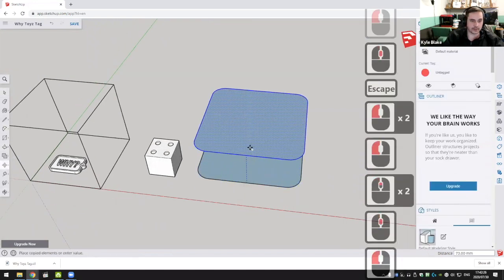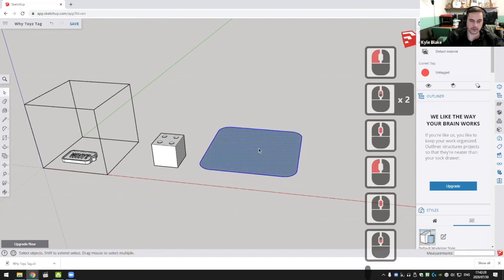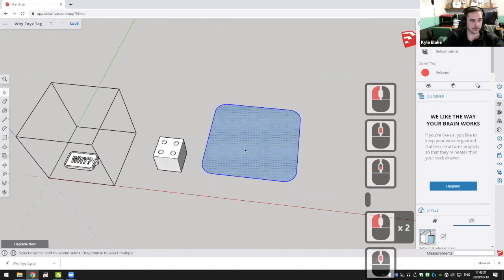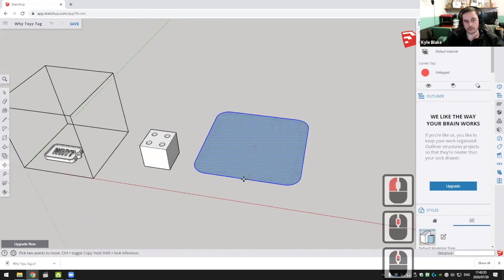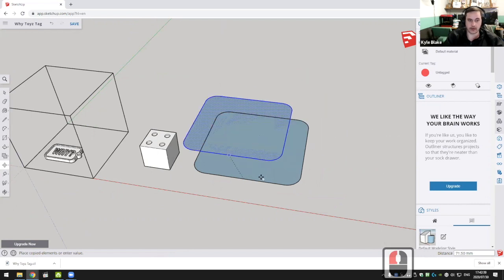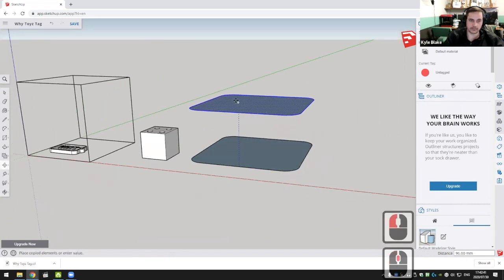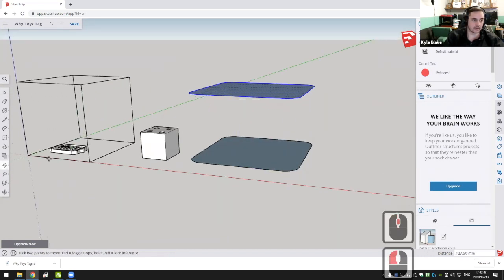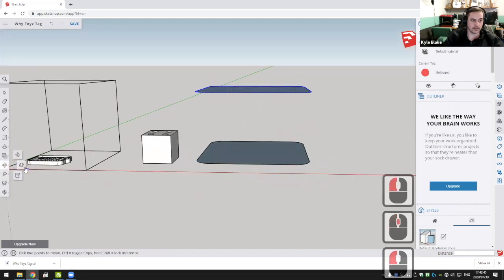And then you can copy this face up. So to copy, you would select or triple click the face that you've created. Use the move tool. When it starts moving, if you press Control once, it will make a copy automatically. So we can move this up. So that's when it snaps on the blue plane. We're going to rotate it